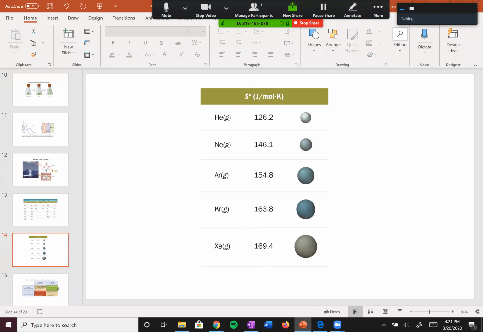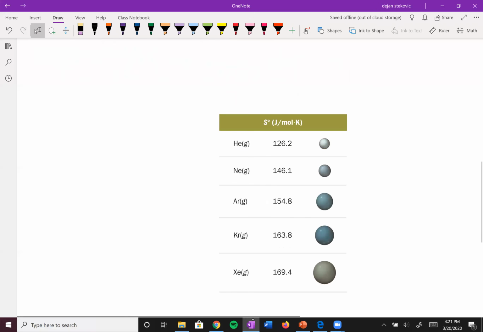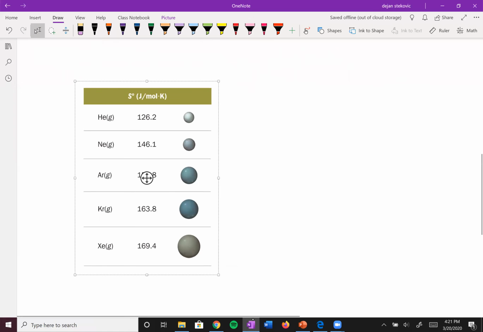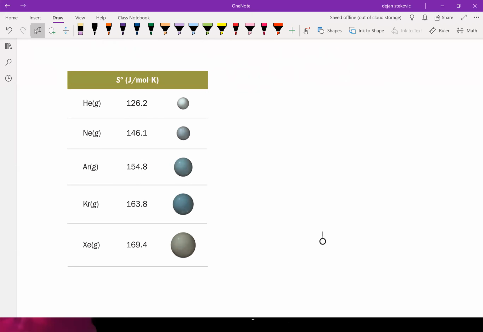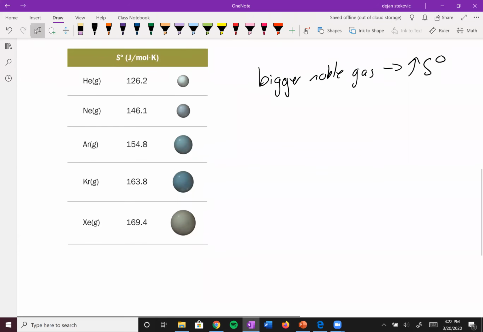All right, next up, we have this list of noble gases that you can see from this table. So generally, as you go down the periodic table within a column, the entropy increases. So we'll go with bigger noble gas causes an increase in entropy, right? This is actually a bit more of a complex topic, but basically has to do with the energy levels getting close together so you can disperse the energy some more. I just thought I'd throw it in there because I see it often in standardized exams. So just be on the lookout if they ask which noble gas has more entropy, it's going to be the bigger one.